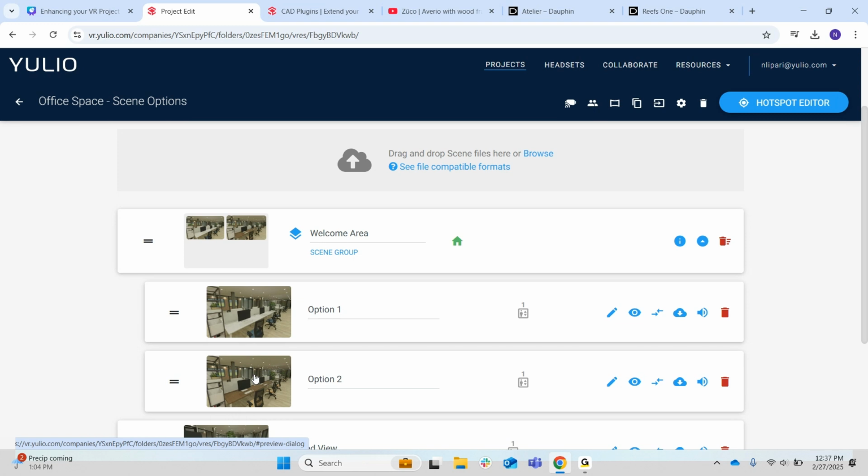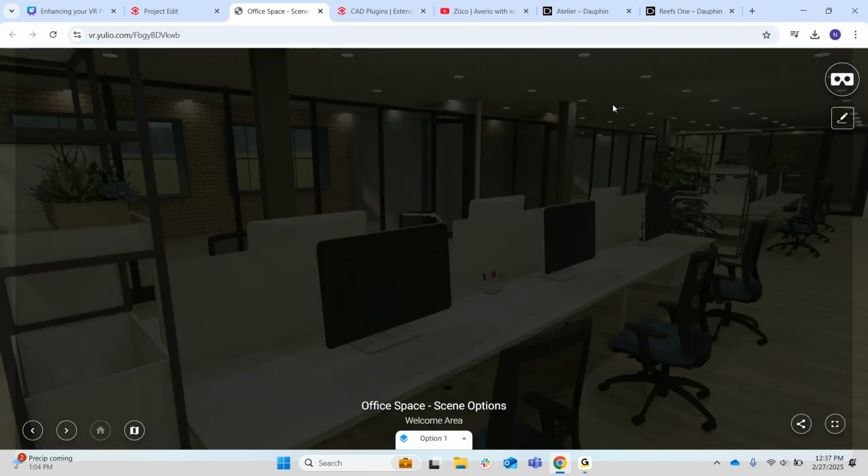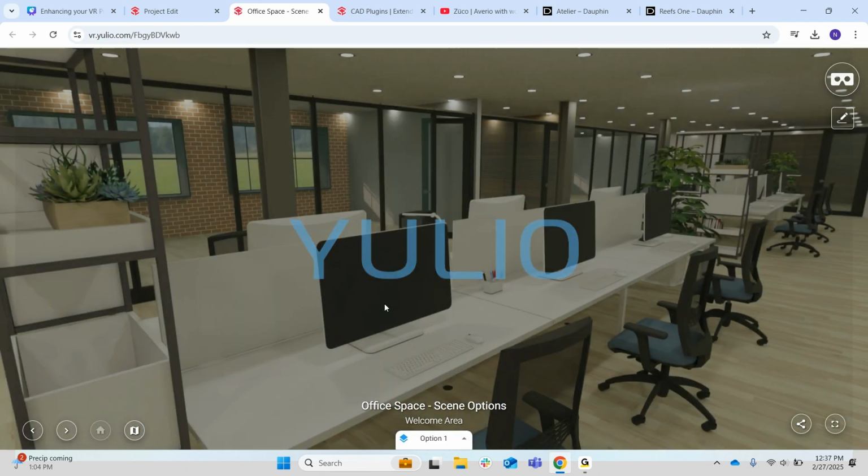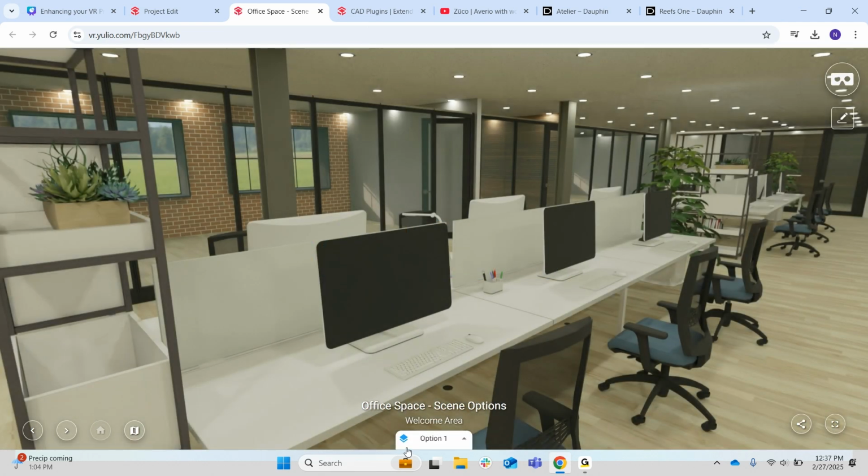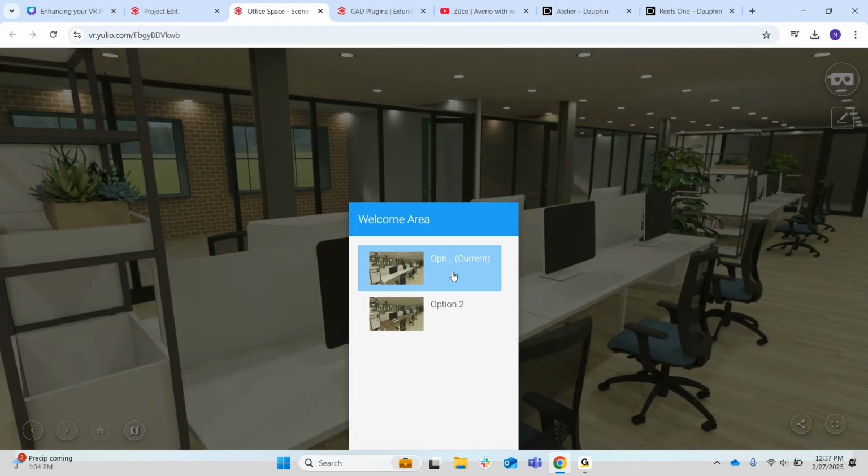So now that's done, I can go ahead and view the project and show you what this will look like. So this is what your client will see when you've added scene options to your project: an extra tab here at the bottom. When you click on that, you'll see your different scene options. You can add more than one option here as well. So here's option 2,